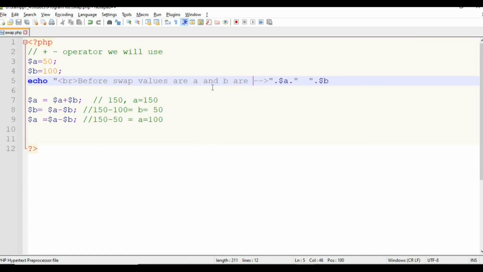Okay, we just consider that these are A and B. And now after swap these values.